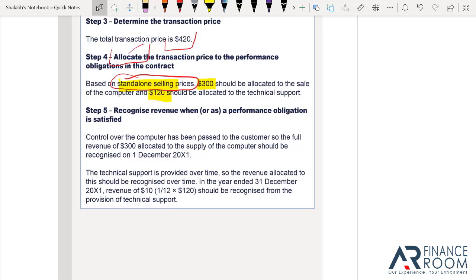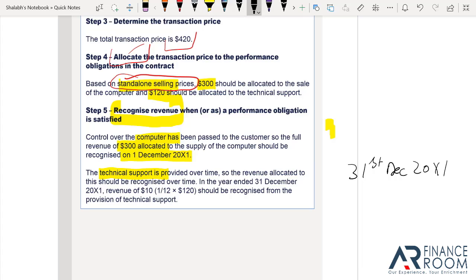Okay, sir. The 5th point is recognize the revenue. Now, when do you recognize the revenue? For the computer, since the promise is getting fulfilled at the point in time when you are handing over the computer, the transaction price allocated to the computer gets recognized in your books of accounts right on 1st December 2011, at that very day. But then the technical support is for 12 months, and since the books are getting closed on 31st of December